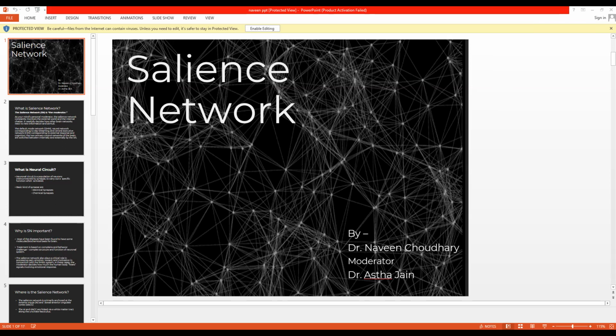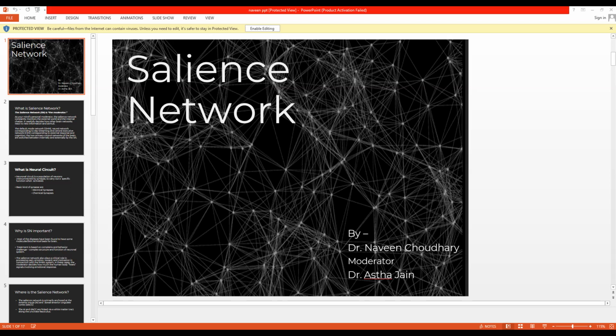Where is the salience network? The salience network is primarily anchored at the anterior insula and dorsal anterior cingulate cortex. The AI and dACC are linked via a white matter tract along the uncinate fasciculus. As we can see in the diagram,